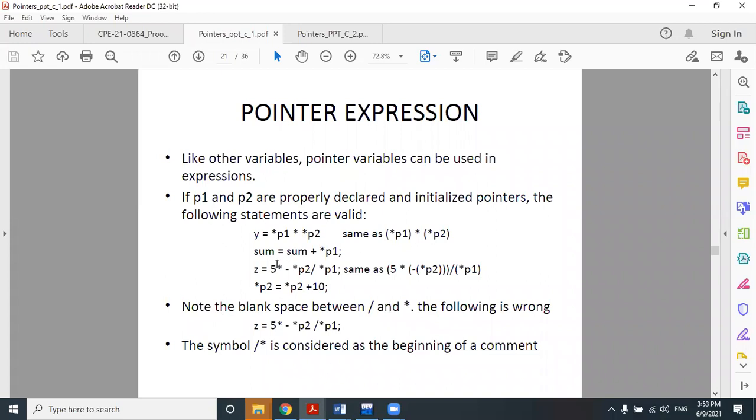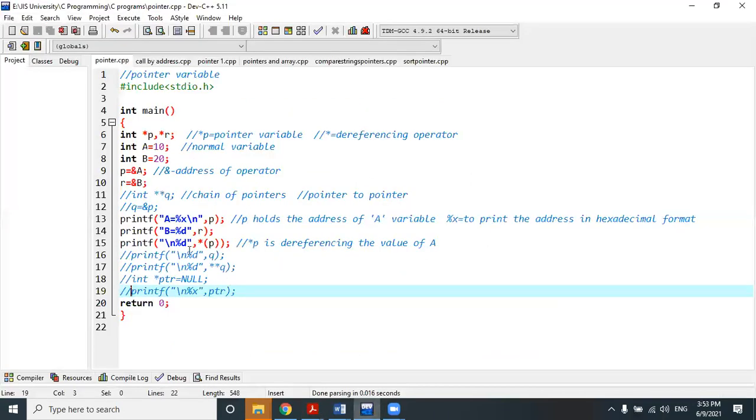And this is allowed on the dereferenced values of the pointers. Look, here multiplication is allowed: star P1 and star P2. So we can multiply these two, P and R. How can we multiply them?